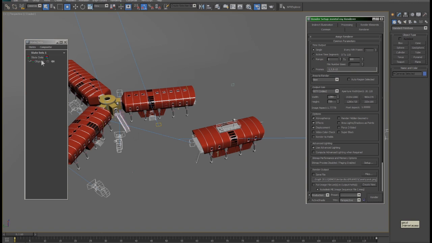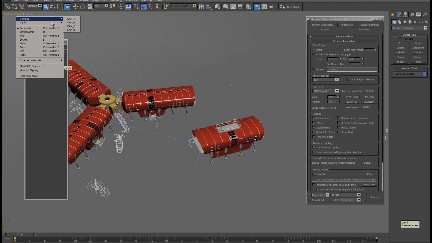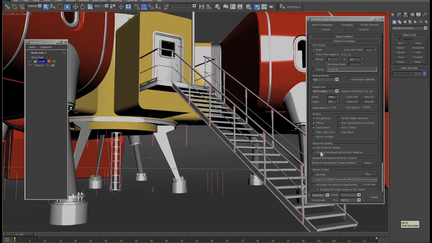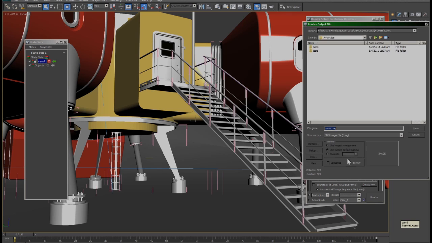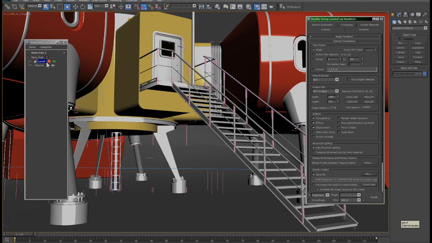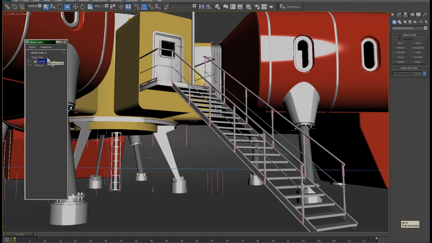So interestingly enough, I could just go ahead and create a new state set, and this state set is going to be cam A. Now I've named our cameras accordingly ahead of time, and that's okay, but what I can do is very easily say let's record this state change. I'm going to switch into camera A, and then I'm going to save that file using a specific output type called camera A. I'll stop recording and then continue the process and say for this one let's go camera B,